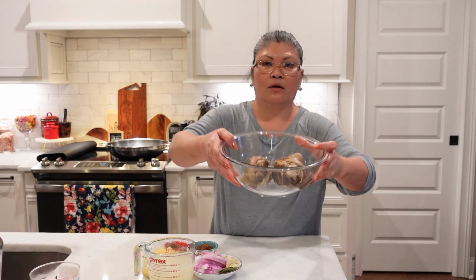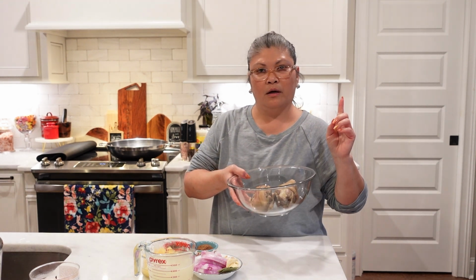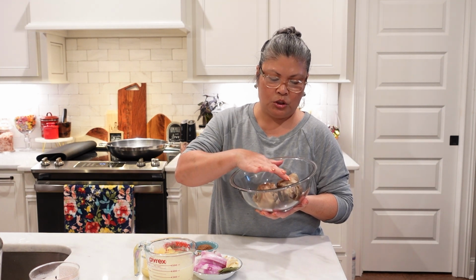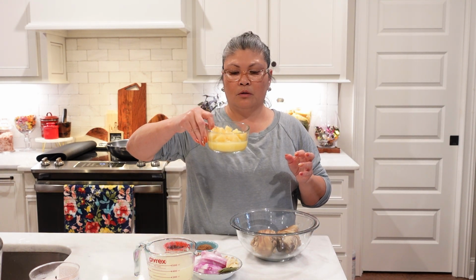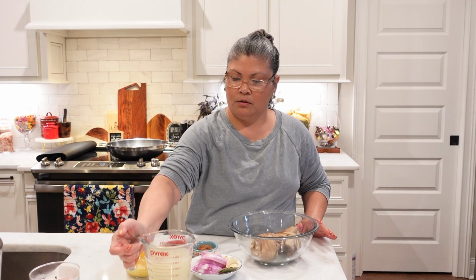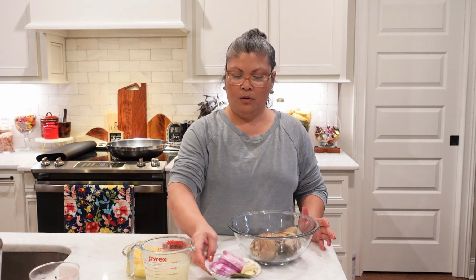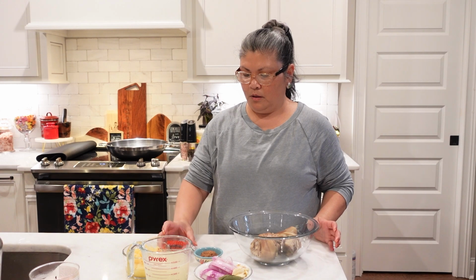I'm only cooking 2 pieces right here, and I boiled this already for the longest time. That's a song. For the longest time. So I boiled it for a long time, so it is really tender. And I am going to cook it in pineapple chunks and a little bit of the pineapple juice. So that's the main ingredients. And then I saved some of the broth from where we boiled the pork. And then I have bay leaves, garlic, onion, and brown sugar, and soy sauce, and our normal